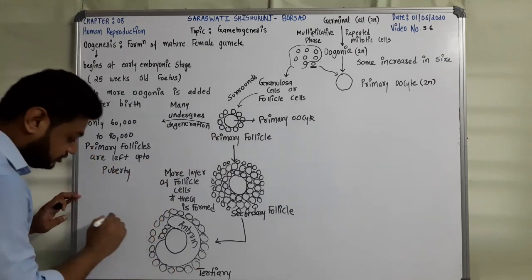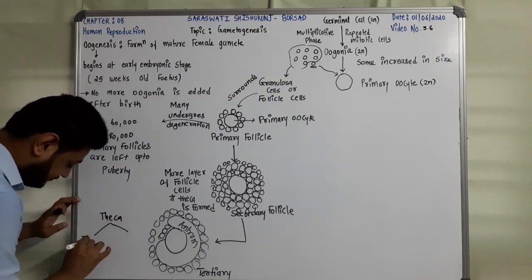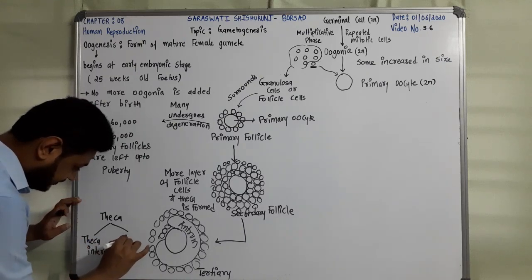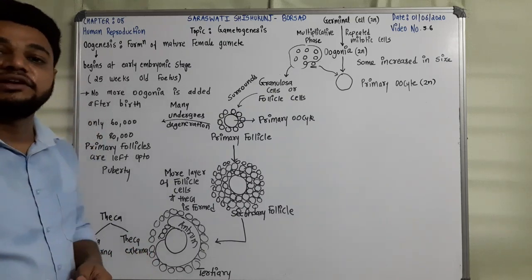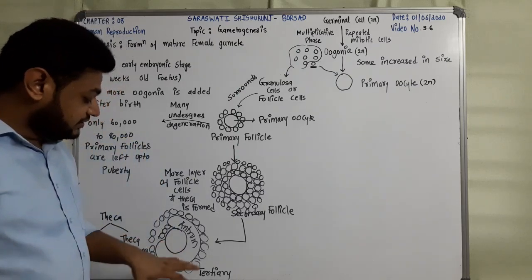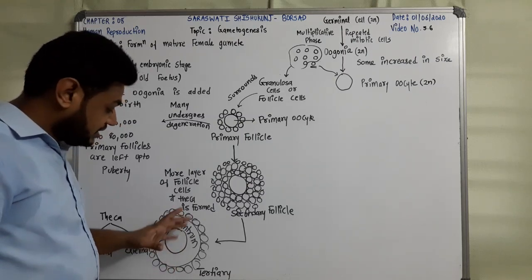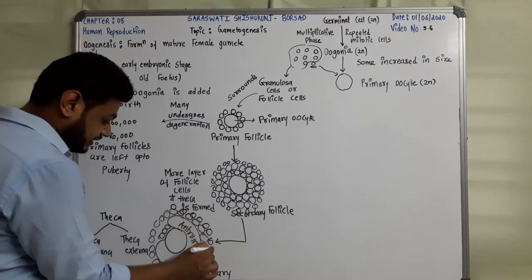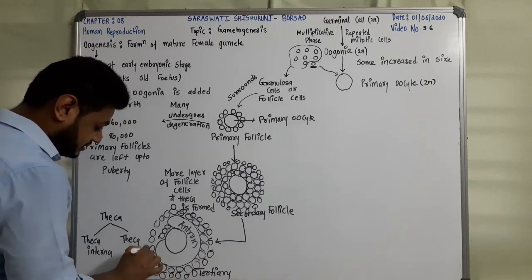Okay, so the theca is differentiated into two: theca interna and theca externa. So when I talk about the tertiary follicle, it has a fluid-filled space referred to as the antrum, surrounding the primary oocyte, and cell layers referred to as follicle cells as well as theca. So this is the structure.